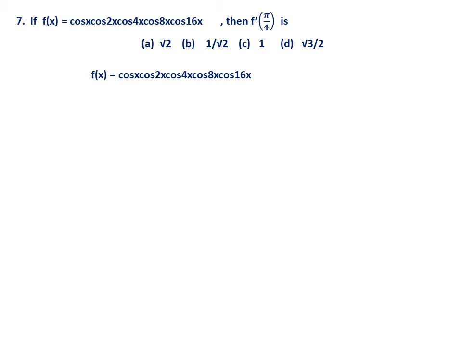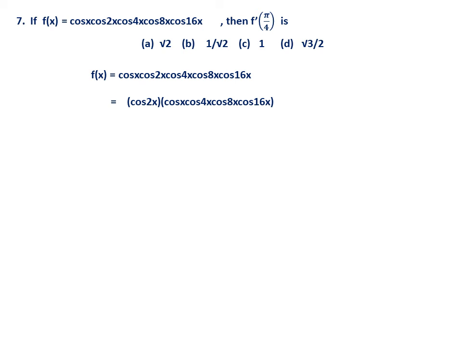Now, if you look at any standard book which is prepared for CET, the method is different. Please note. What they have done is, divide by 2 sin x, multiply by 2 sin x, then 2 sin x cos x is sin 2x. Like that, they went on simplifying, and something like cos 32x by some sin x comes. That they are differentiating. That is one method, but that is very lengthy. So the shortest method is this.